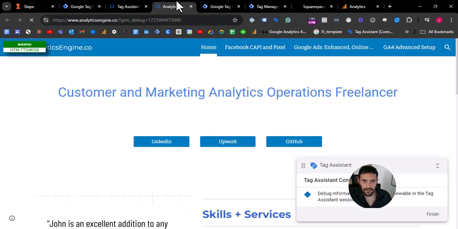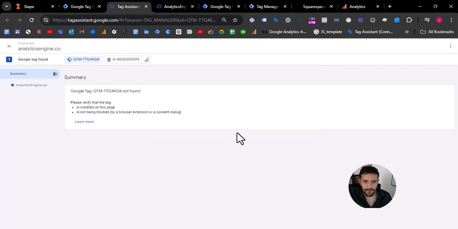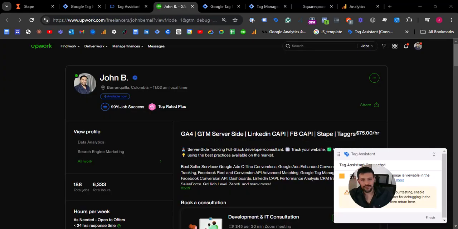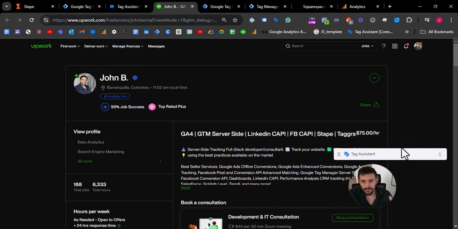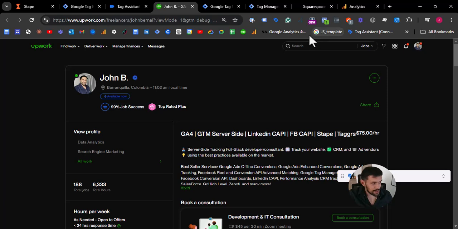All right, and I can see that information here on my tag assistant. All right, guys, so I have an issue with the Google site tag assistant. It didn't fire, actually, even if I install it via the extension I showed you before. So I'm going to complete this tutorial by injecting that container into my AppWork profile so you can see how